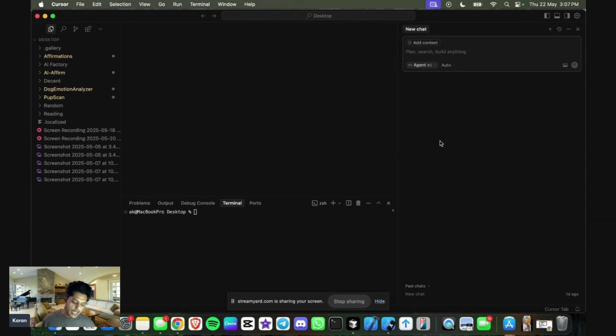But yeah, we're going to set all of that up first before we write any code. So let's just start typing into the agent. I want to create a React Native Expo app that generates daily affirmations for the user. This will use basic React components from Expo